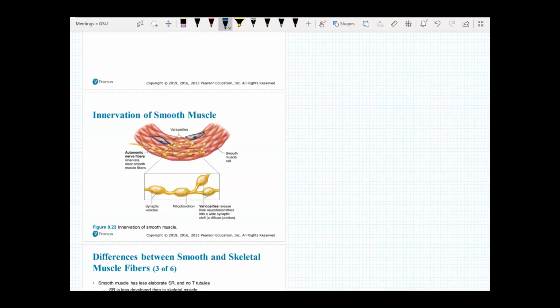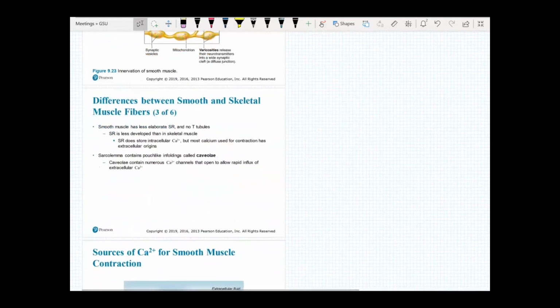And here is my nerve fiber, but rather than being a neuromuscular junction, it creates essentially bulbs that look like this, that then thread and attach to different areas. So that's what's going on with these varicosities in the